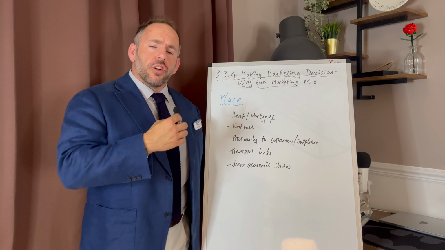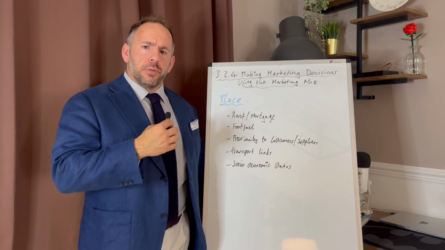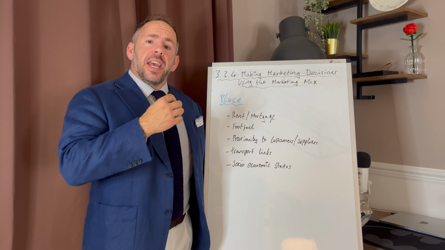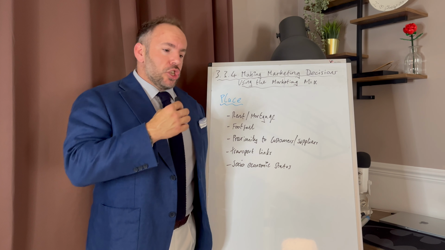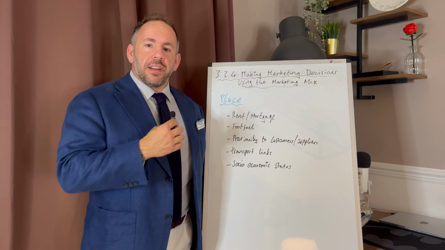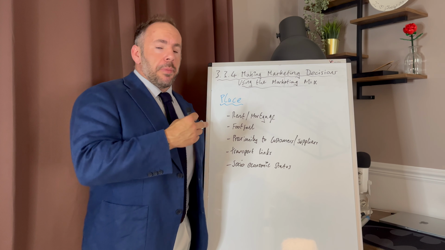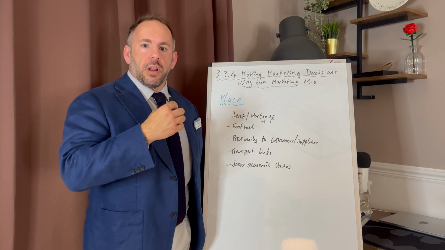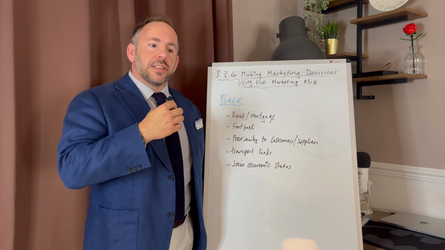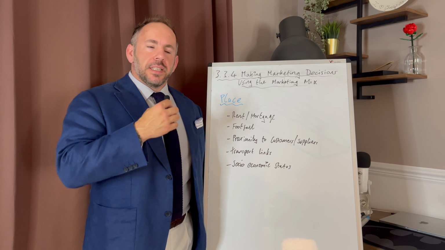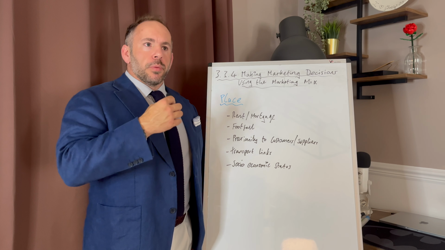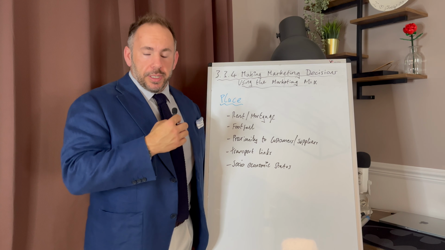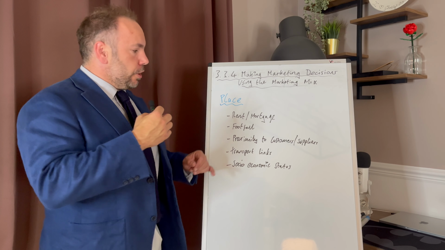The first is the cost, the rent, the mortgage of that physical building. Now, that ties in quite nicely down here with socio-economic status. If you've got a shop or a location, say in Chelsea, in London, the cost of the rent is going to be very, very high, but it's also in a place with a quite high socio-economic standard. So we're talking maybe middle class, upper middle class. That does tell a story to the customers, because if you go to a shop in Chelsea, subconsciously you know that that is a high class area, if that's appropriate to say. So that's the first consideration.